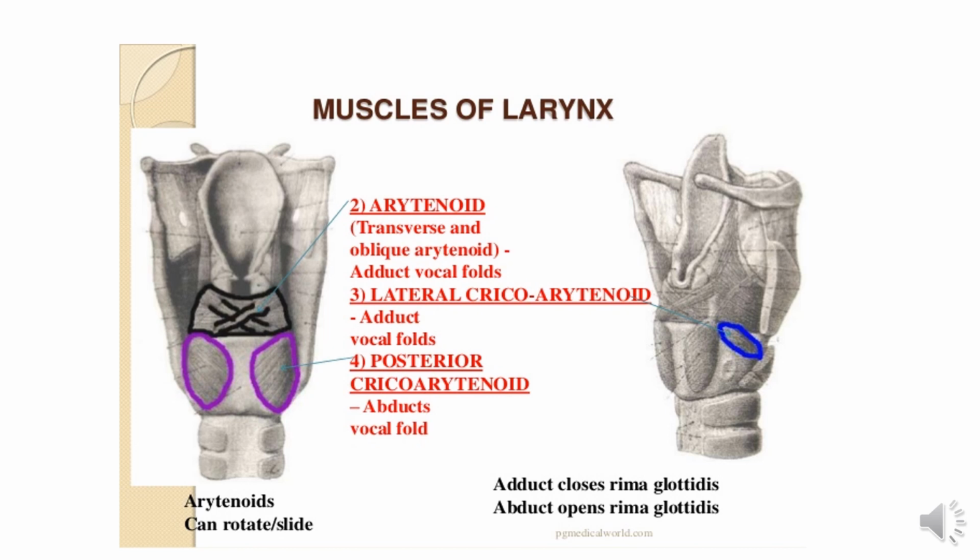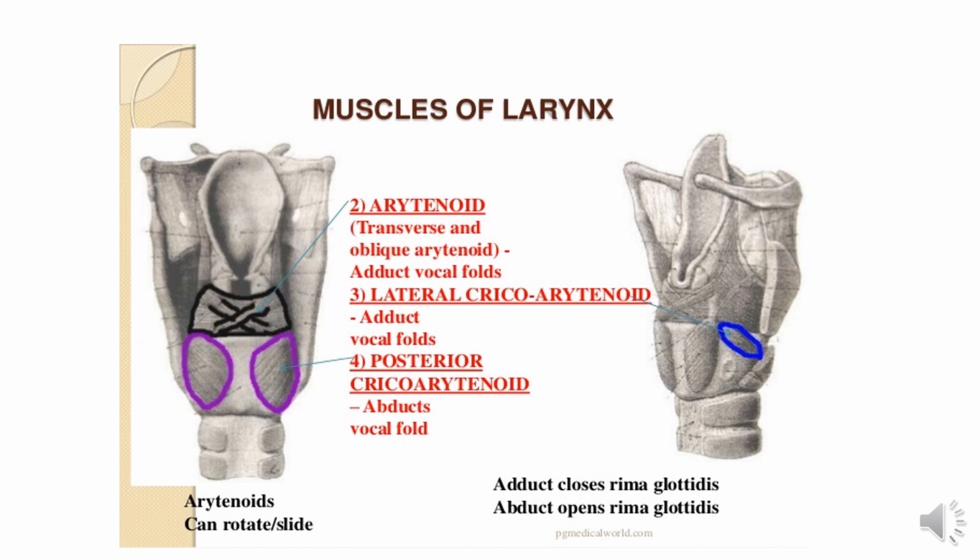another adductor هي lateral cricoarytenoid muscle arise from the outer surface of the cricoid cartilage and insert in the lateral surface of the muscular process of the arytenoid. Contraction of this muscle acts as adductor of the vocal cord,